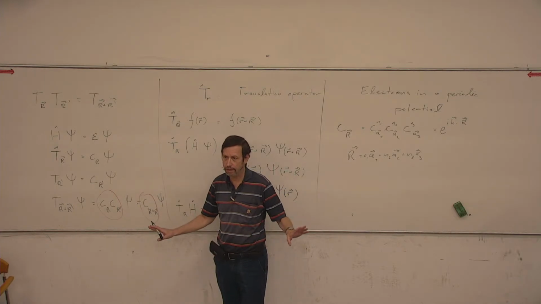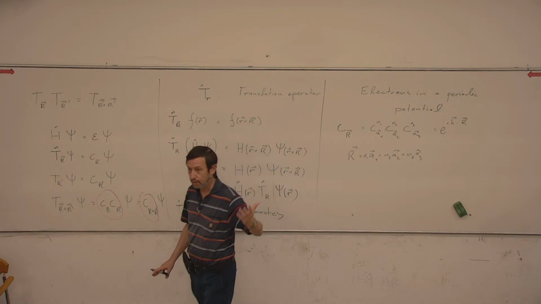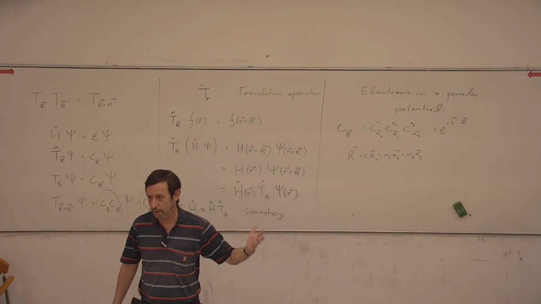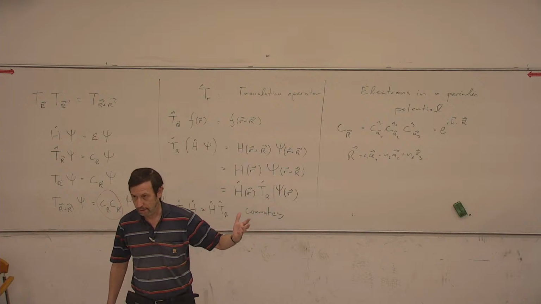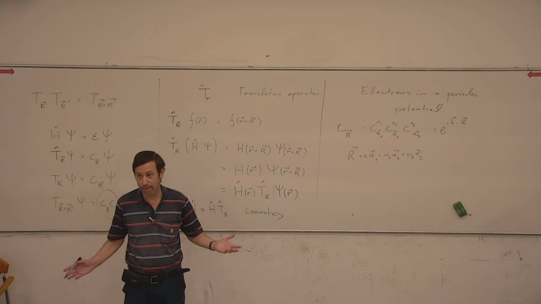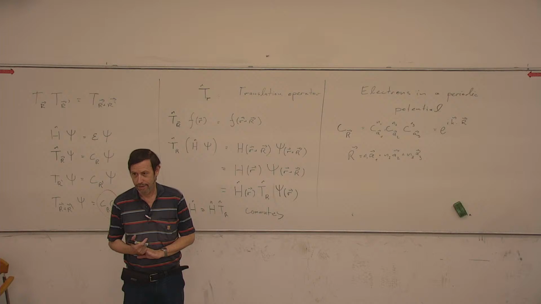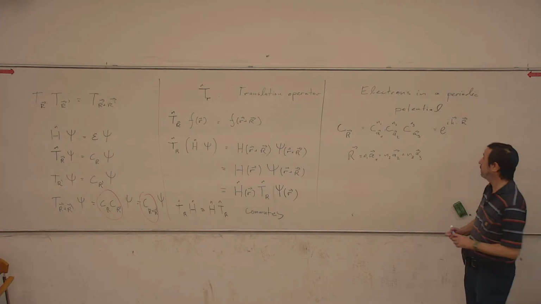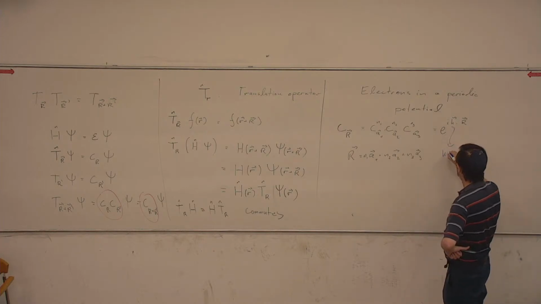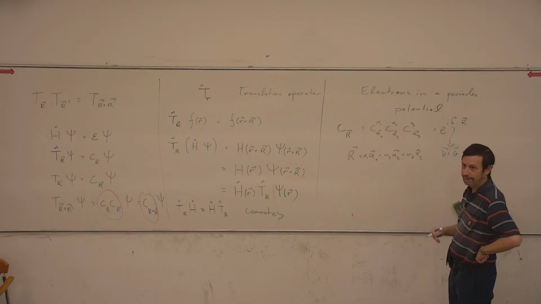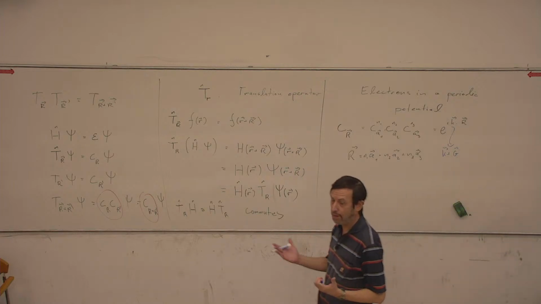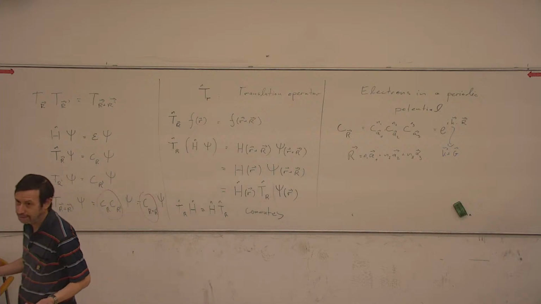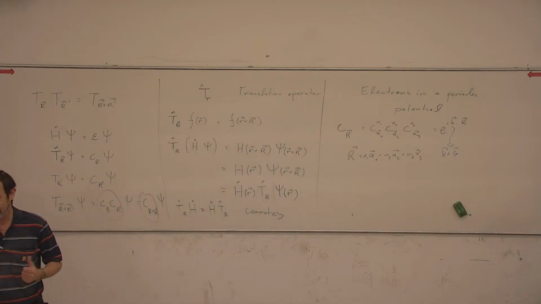I didn't say anything about k. If I add periodic boundary conditions, then I have a quantization of k. But otherwise, k at the moment can be anything. Well, not exactly anything. Why? Because of the reciprocal lattice. Because I can change this k to k plus G and nothing will change. So if I want to look at what are the possible k's, it's enough that I look at the first Brillouin zone, because all others